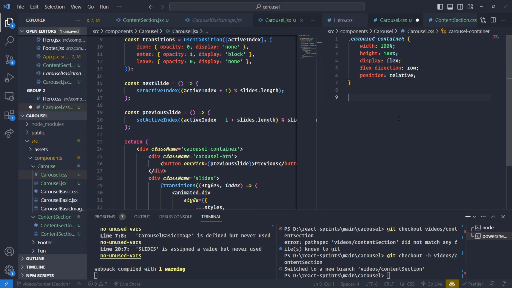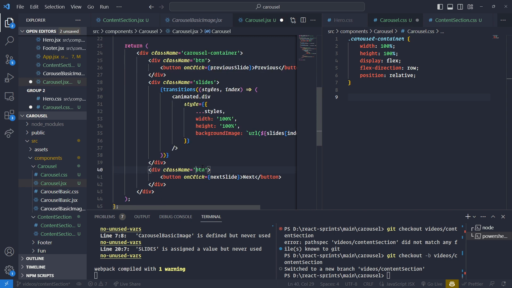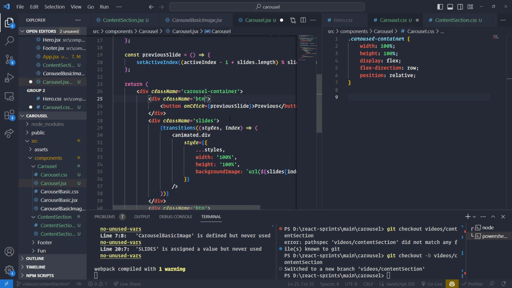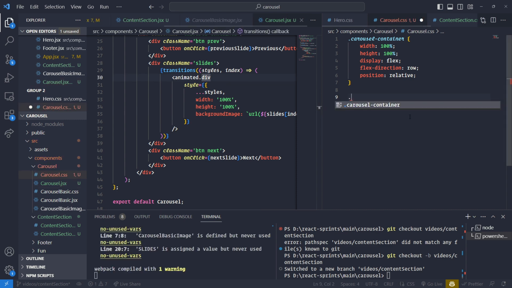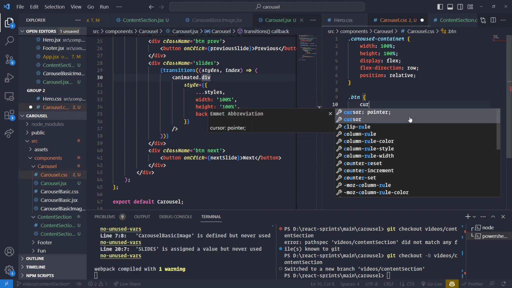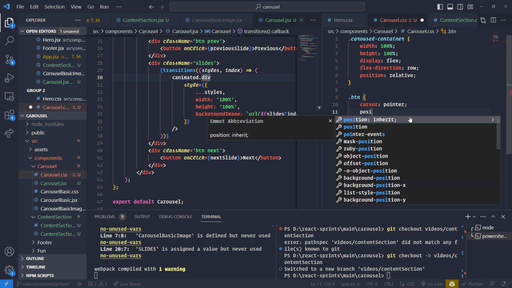Cool. And now actually let me rename this carousel button to just button. This is simpler to type. And let me have one more class. I'm going to call this as previous, and I'm going to call this as next. So if I have to provide any specific styles to this next button, I'll use next. If I have to provide common styles, I'll just use the class selector btn with this button. So I'll keep it cursor pointer, position absolute,